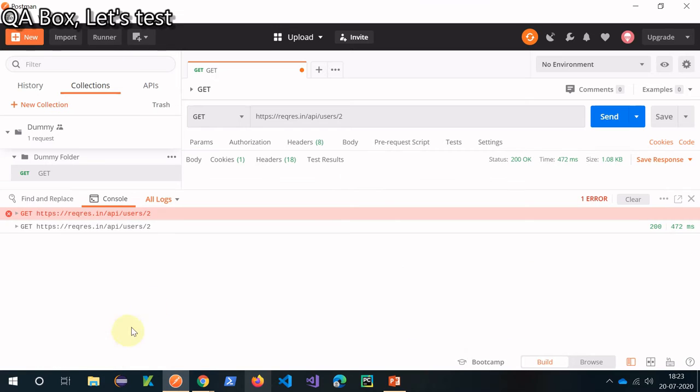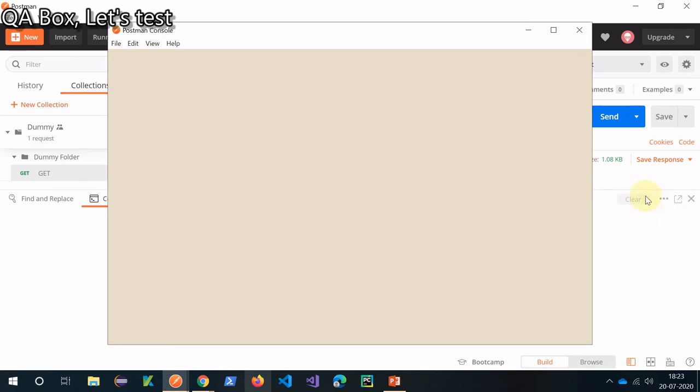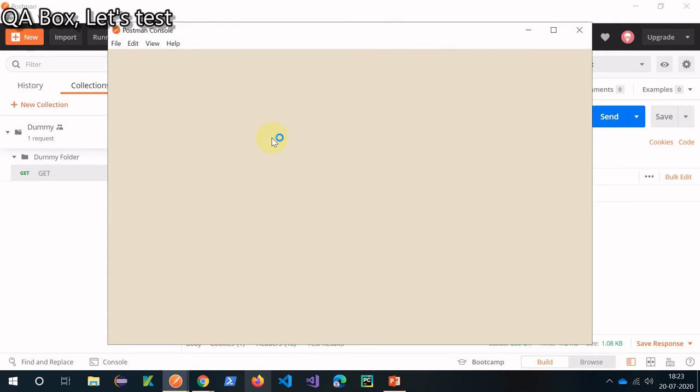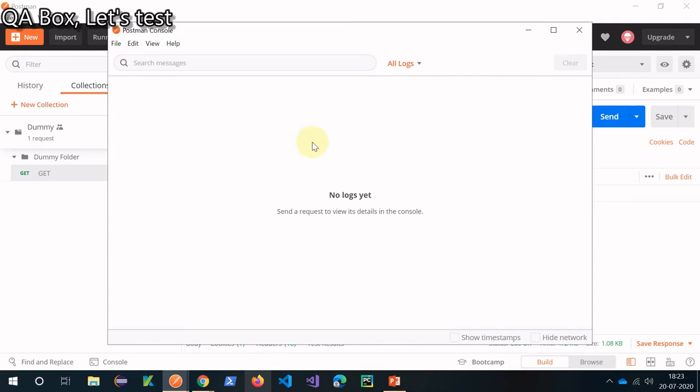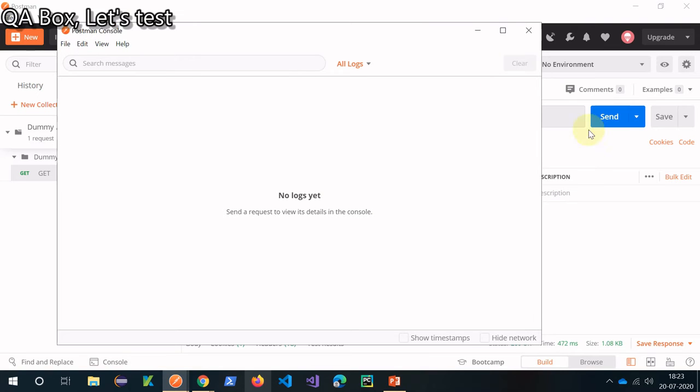All right, just click on that, and again it is giving you the history. Like I mentioned, first time it failed, and second time it executed successfully. I'm just going to clear it out and open it in a separate window. All right, and let's wait for this to come up. Okay, so now it's here. So you use Postman console to do troubleshooting in your Postman.